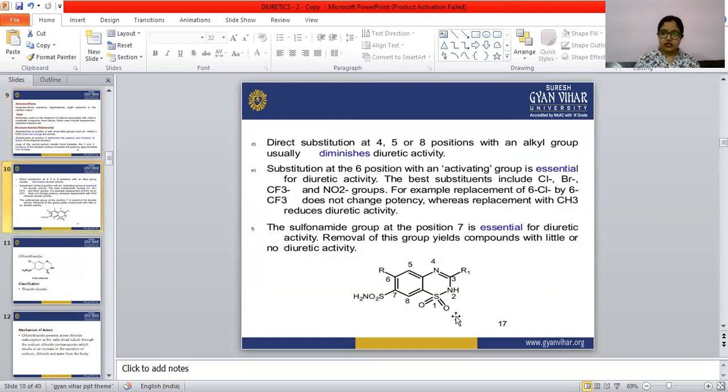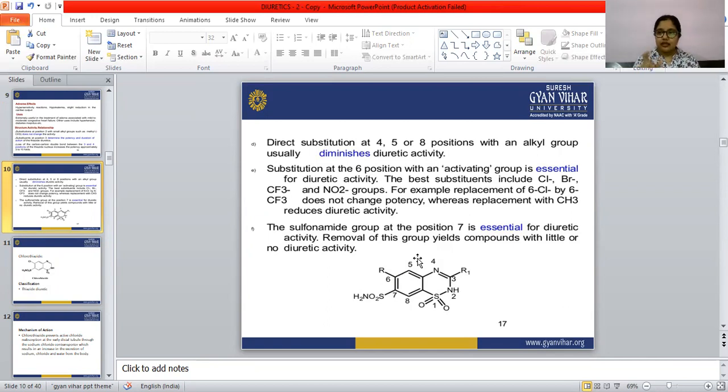So this is the structure of the thiazide diuretics. We must learn this structure first. Without this structure, we can't write the SAR of the thiazide group. When we are writing the SAR of any category of drug, we have to write the structure first and number that structure. With the help of the numbering system, we can elaborate the SAR of that structure. This is very important in medicinal chemistry. You have to learn how to number the structure.